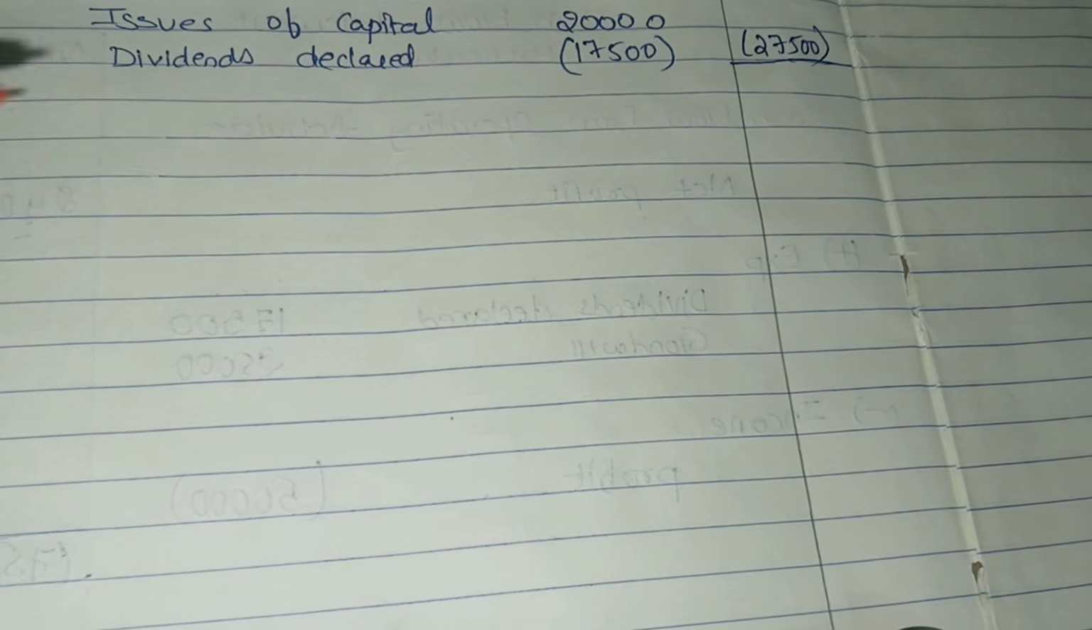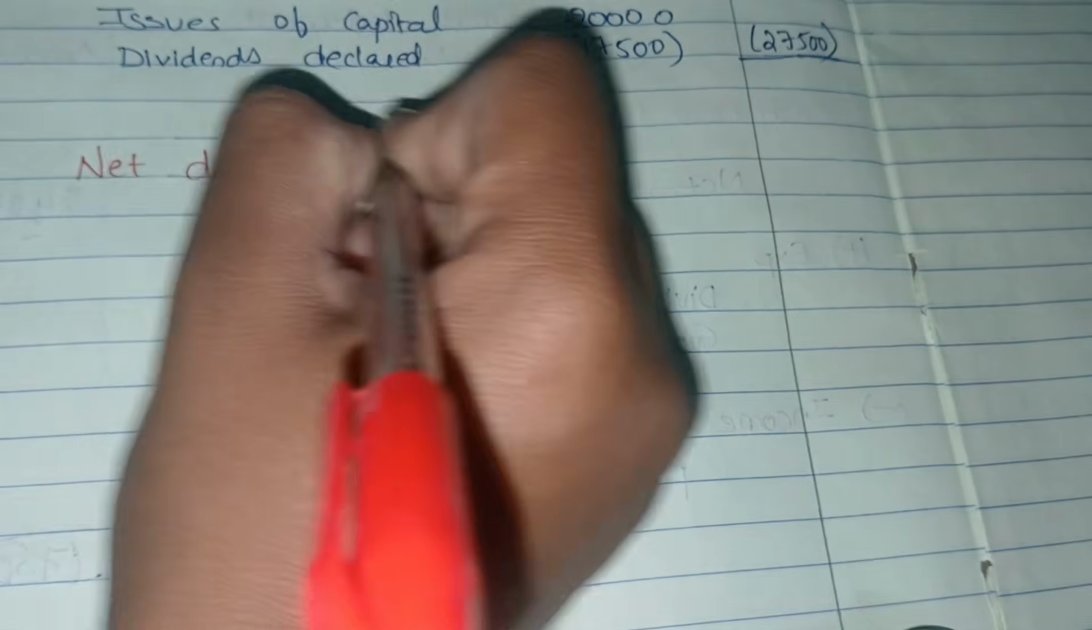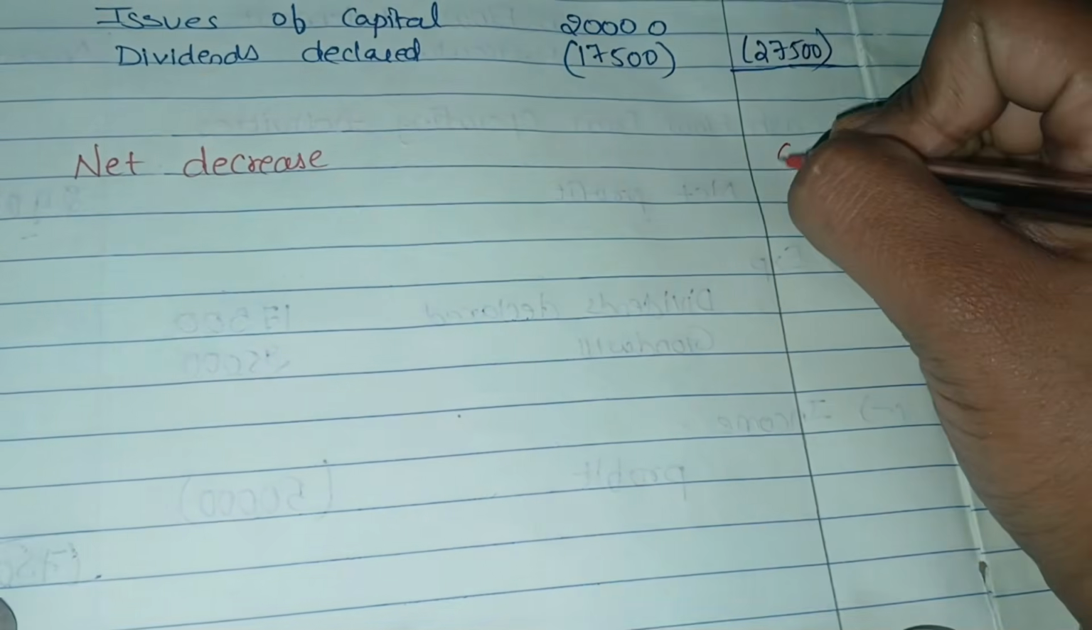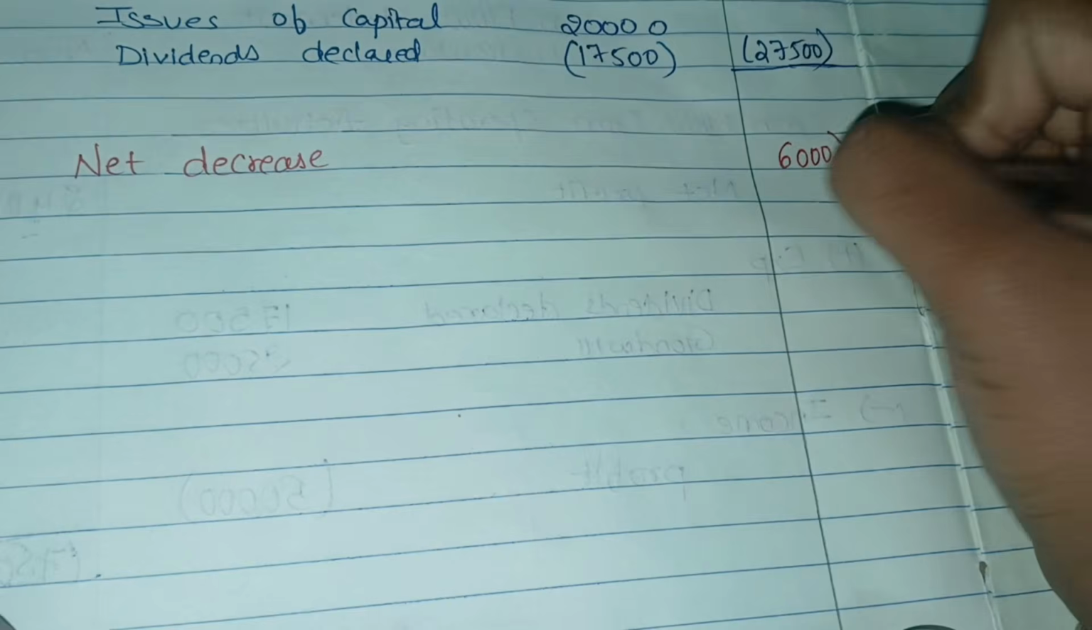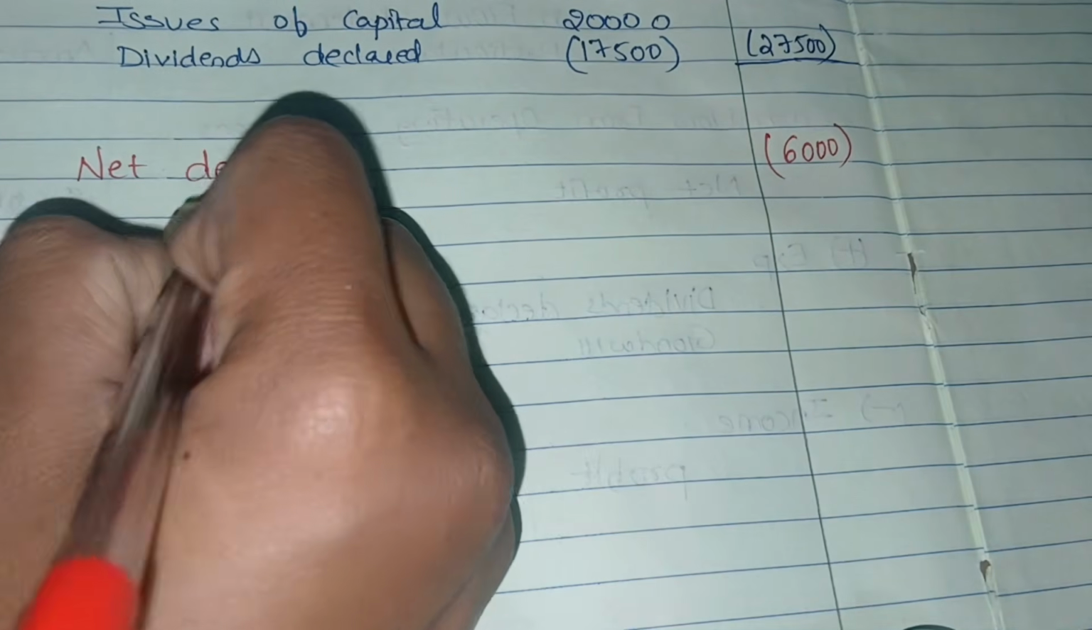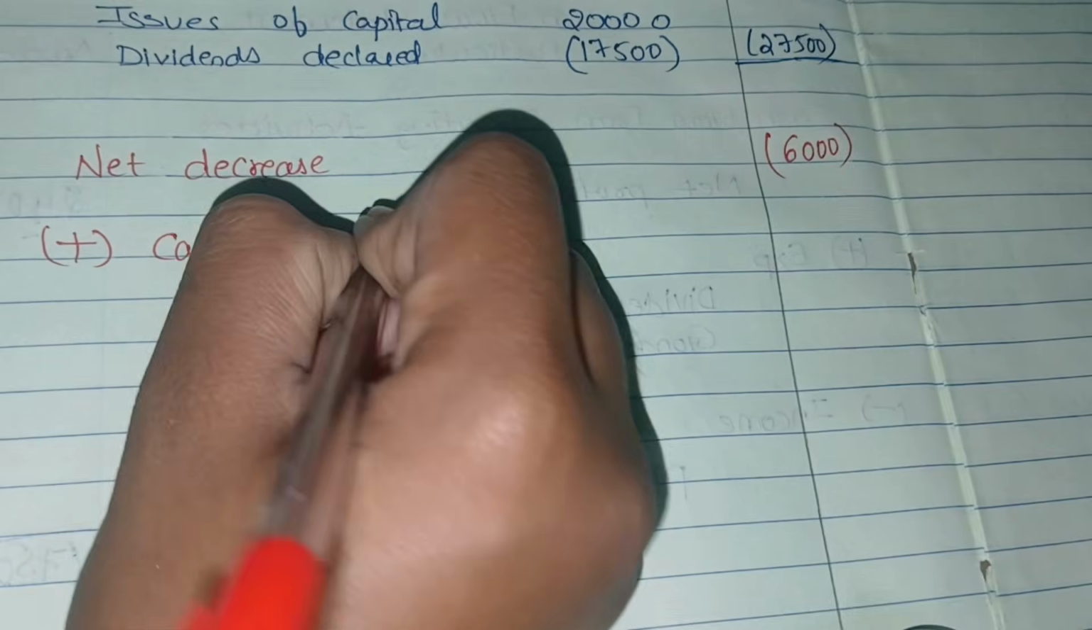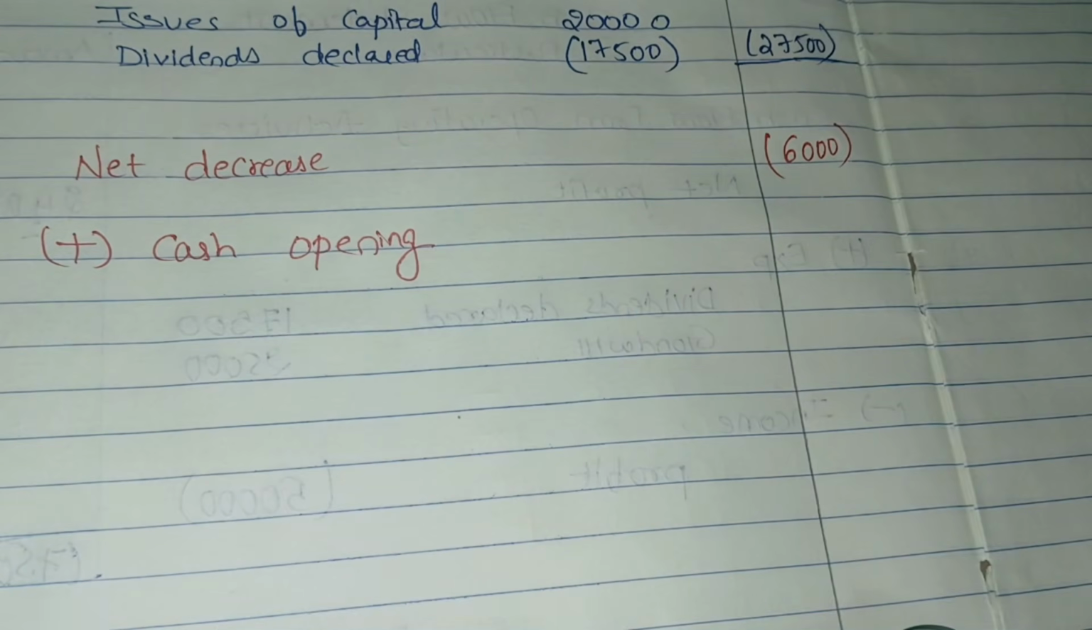Net decrease, we will call it a net decrease, because the amount is coming in a negative way, no? So net decrease, how much is it decreased? Minus 6,000. Okay, what I have said in the proforma, we need to add the opening cash. There is the opening cash, we need to add it. In the question,